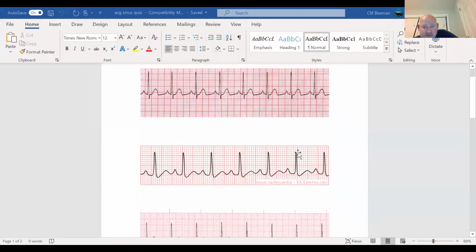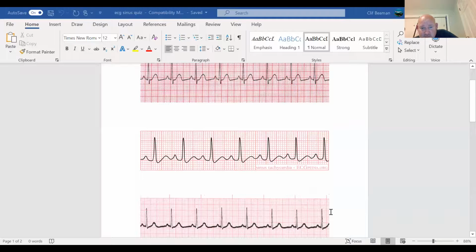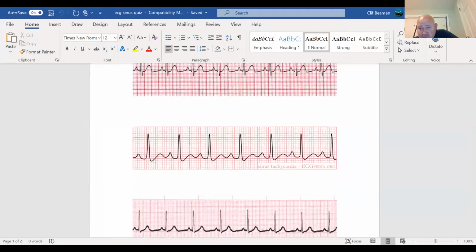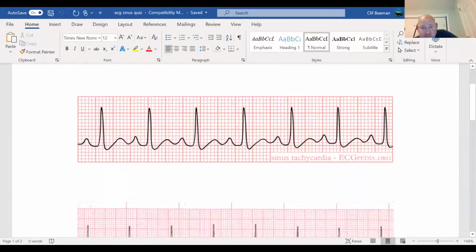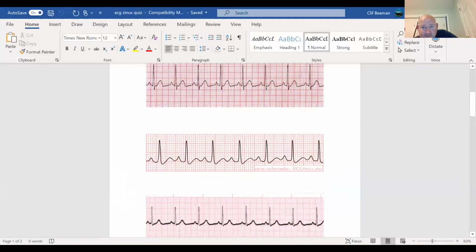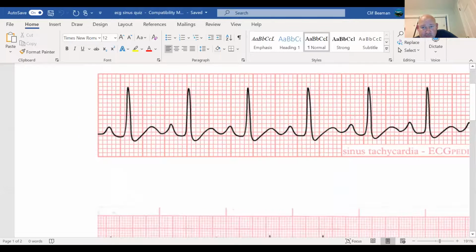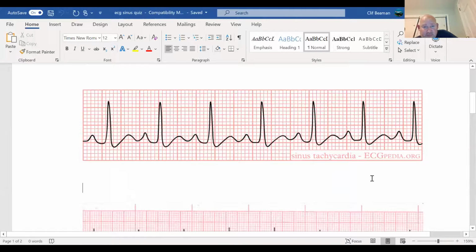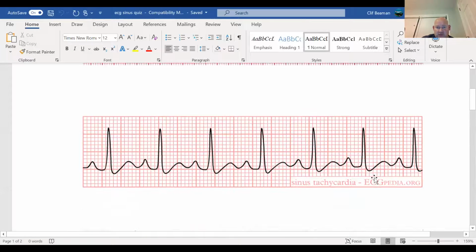So can you guys see this? It's a bunch of rhythms. Yes. I'm trying to blow it up for you. So the one that's on the screen,